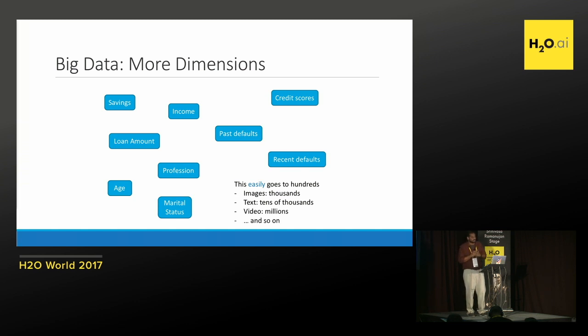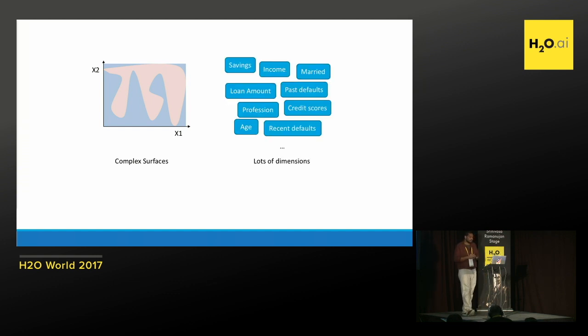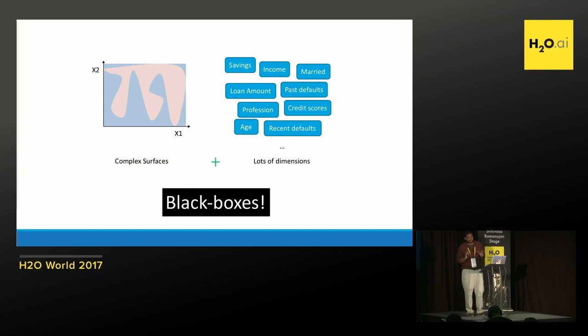So now if you think about what's happening, we have this really complicated curve that even in 2 dimensions, we can't really understand what it's doing. And we have these billions of dimensions, so we can't even properly visualize 4 dimensions. Imagine trying to visualize millions of dimensions. And so the complexity level is basically so high that machine learning becomes a black box.